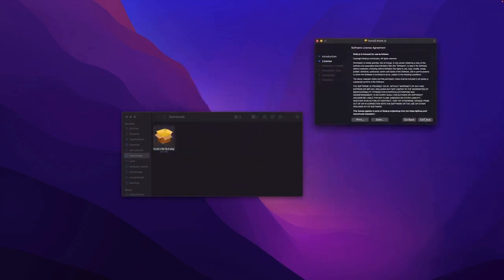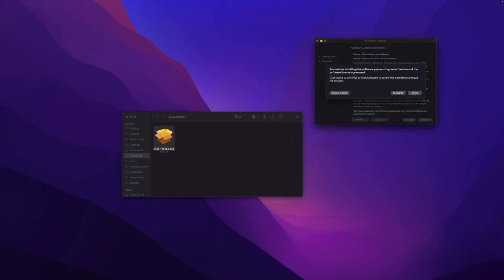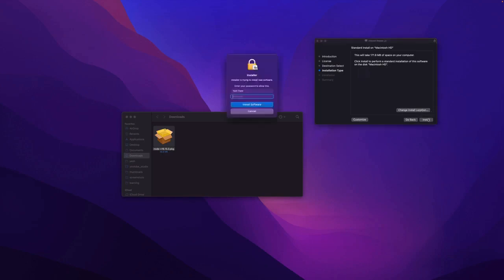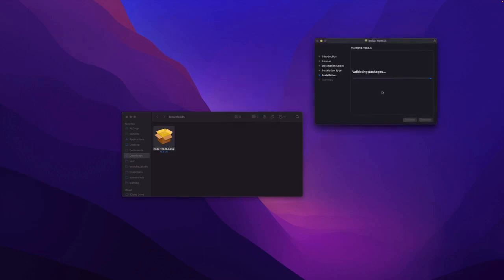let's click continue, agree, and on your Macintosh hard drive continue. And if you wish to change your install location, you may click on this button and follow the instructions. I'll just keep default and I'll enter my MacBook's password and I'll hit install software. And looks like it's installed, and it says it installed Node